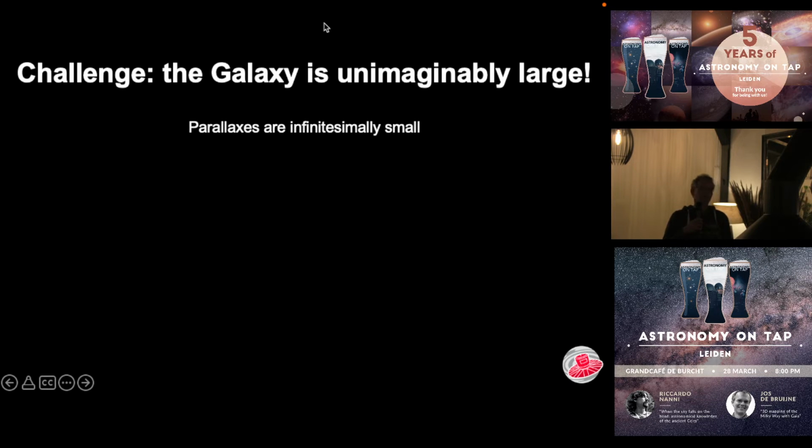And the consequence of that one is really that parallaxes are infinitesimally small. I could do a second demo, but I won't. But just imagine, I could ask for a hair of somebody in the audience and take it here. But I won't do it. But imagine I have a hair here of someone. And imagine I would